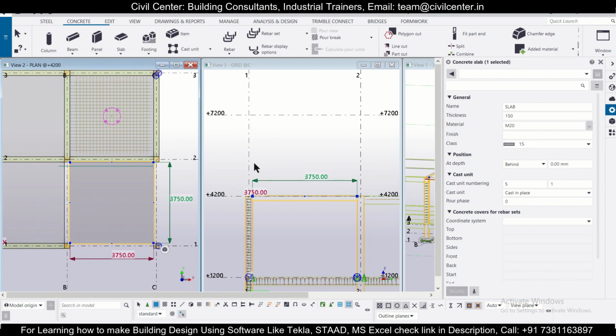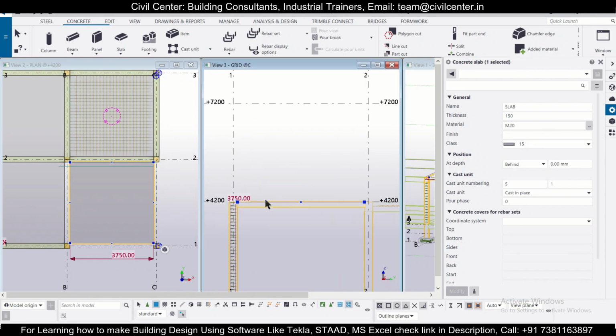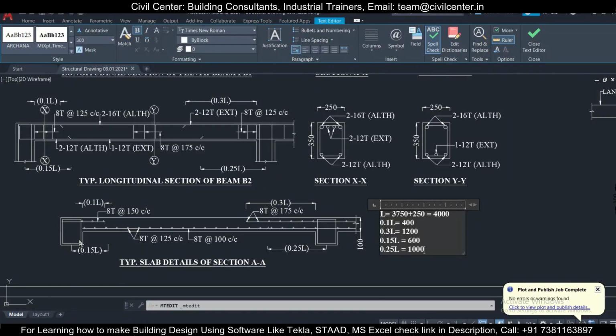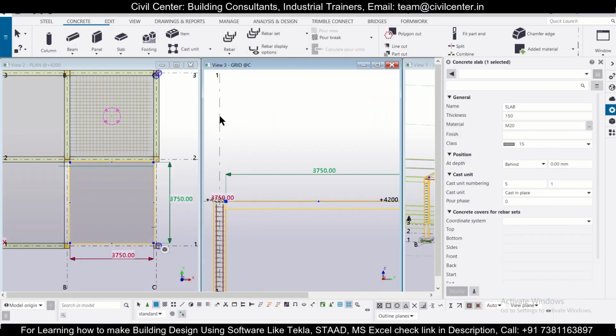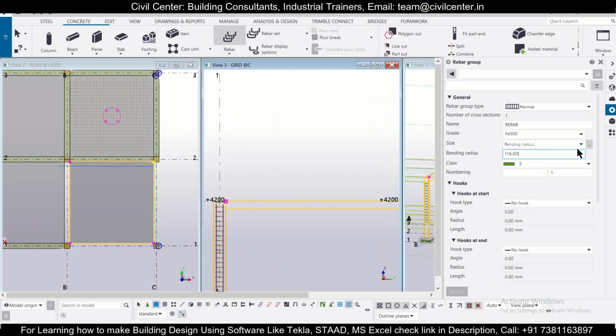So let's do it. First of all, we'll insert the bottom rebar, which will start from this end, and it will go up to this 0.25 L. So the length will be your 3750 minus this 0.25 L. So it will be 2750. So let's go to this rebar, and we've selected the size of the rebar 8 mm, and then